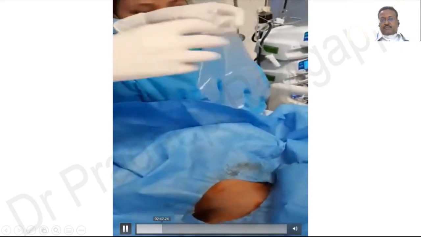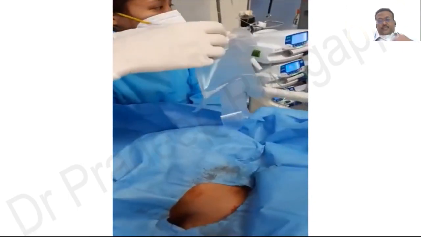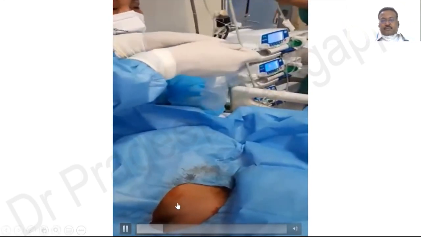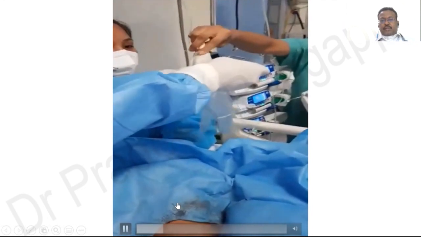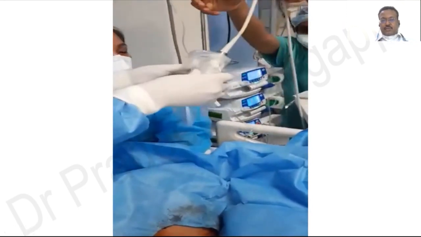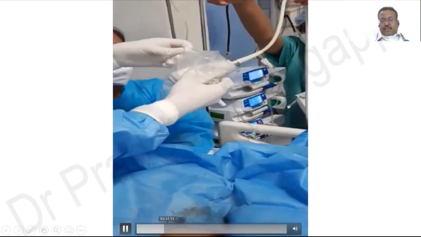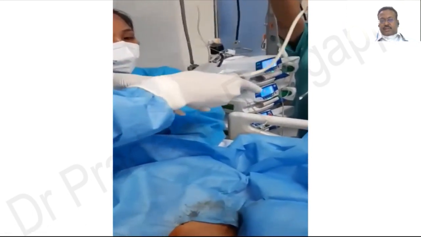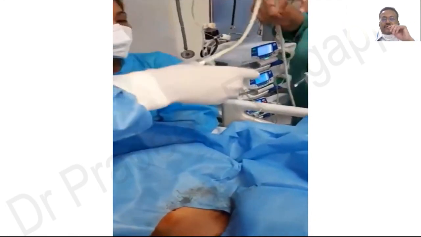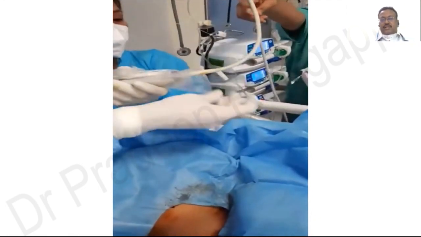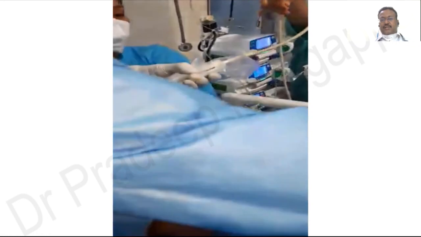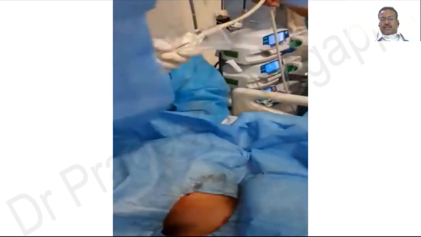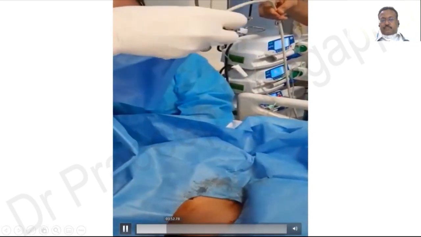So obviously skin preparation is done. So you would see the ultrasound probe being put into the sterile gloves, and you see there is a fair amount of jelly also that is put into the ultrasound, and then you need to have a wet surface for the vein visualization. So betadine can act as a good sort of an interface so that the visualization becomes good.